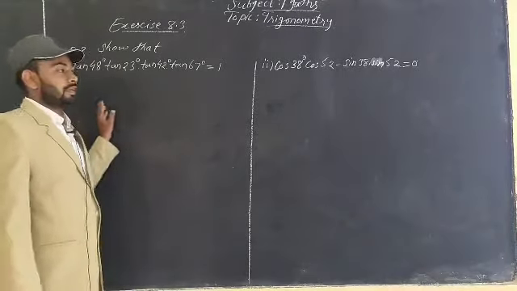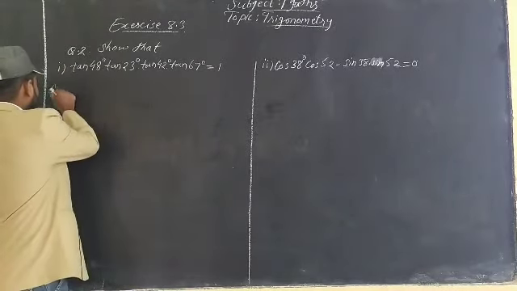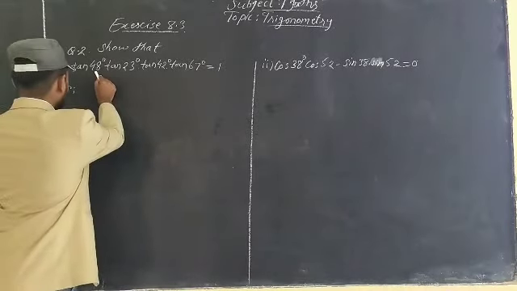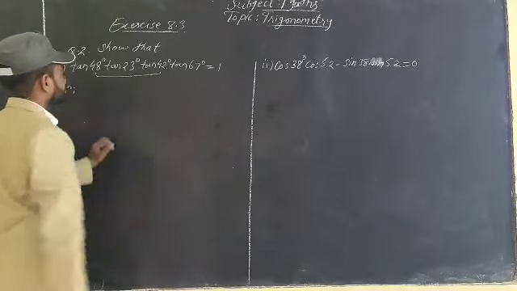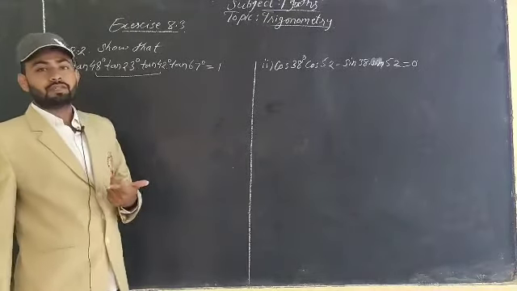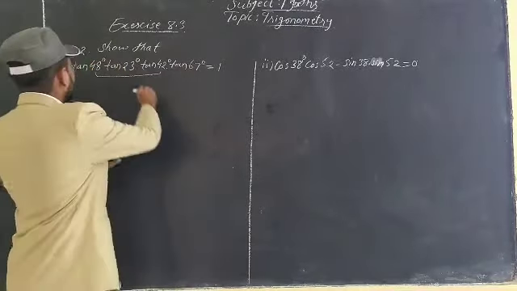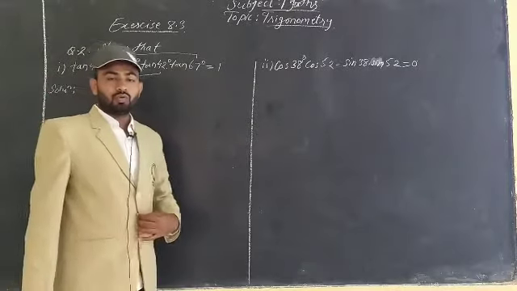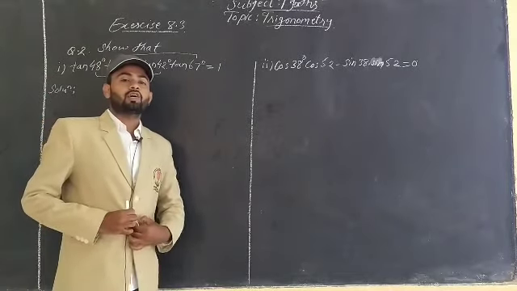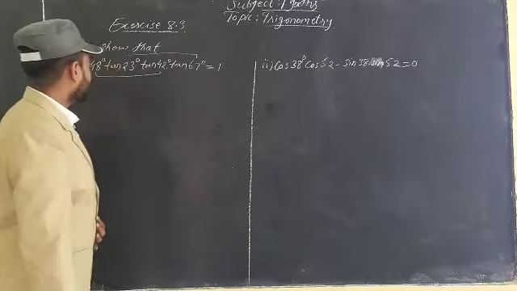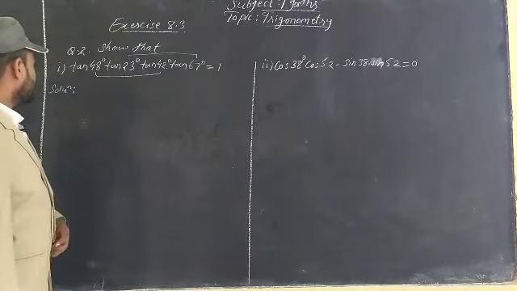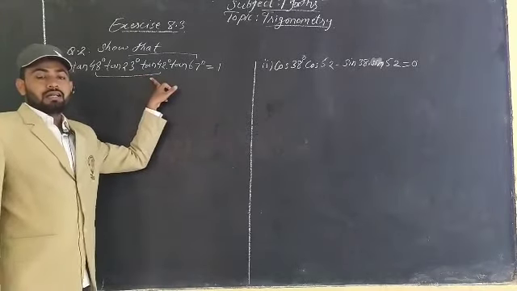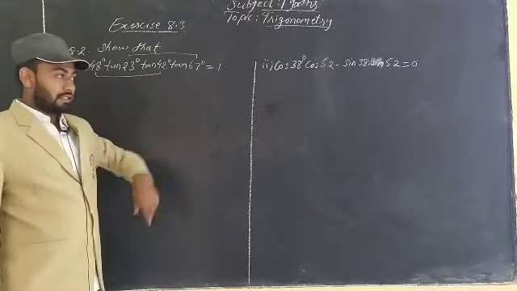the pair of complementary angles. So see, we can find a pair of complementary angles in this: 48 and 42. 48 plus 42, how much? 90 degree, right? And 23 and 67, that is equal to 90 degree. That means they are complementary angles. So what we will do? We will use that complementary angle and try to change it into 90 minus theta. We will use that identity.